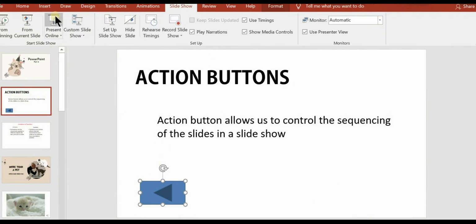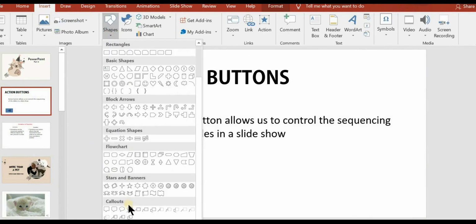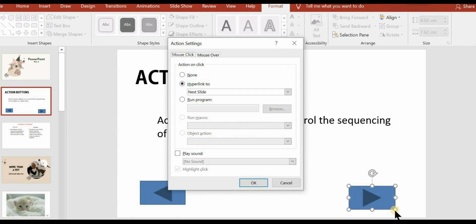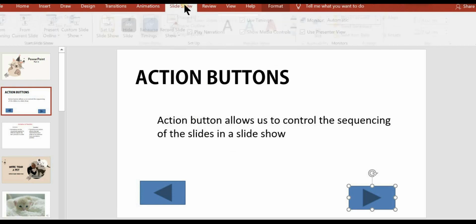Now let us see what is mouse over. So again I am clicking on the Insert tab, Shapes, going to the action buttons and selecting the second one, that is the Next button. So here I am inserting Next, selecting mouse over and Hyperlink to Next Slide, that's okay. Now I am clicking OK, and when I start the slideshow from the beginning, you can see that